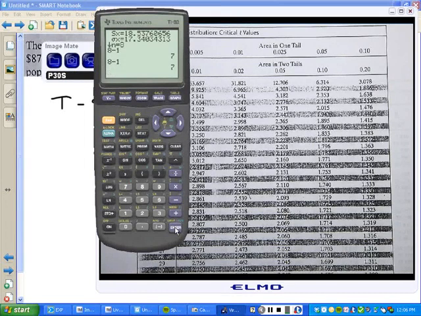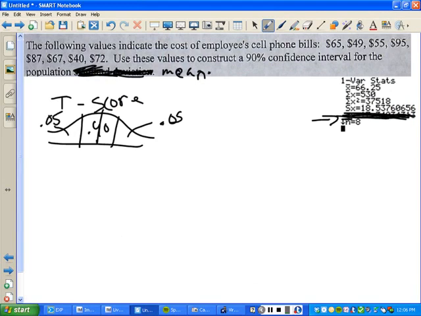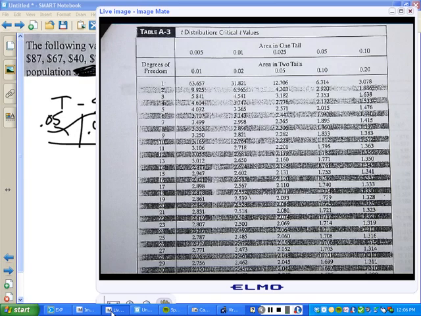So, let's ask this question. We're constructing the what? A 90% confidence interval. So 90 is in the middle. How much is on each end? 0.05, right? So we're going to go to our chart. Now remember, we're not looking at